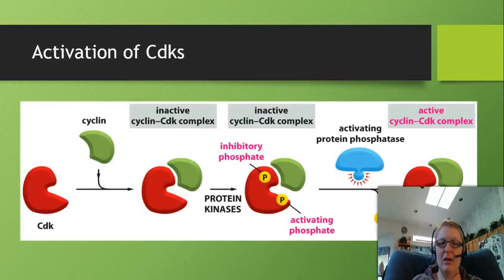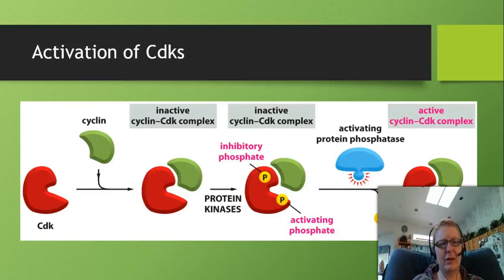Okay? So how do we activate these CDKs in the cyclin complex? As you can see here, we have our CDK, and it comes in and binds this cyclin. Now, think about it. The cell has two ways of managing this initial binding, right? They can control the amount of cyclin present and the amount of CDKs present. Typically, you'll see that the amount of cyclin is what's controlled by the cell, but it can manage both of them. And so it's really important to understand that by managing how much of those are present, they can inhibit the formation of this complex. And this is a way to stop the cell from cycling.